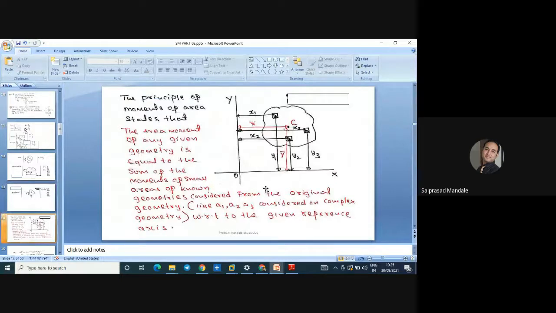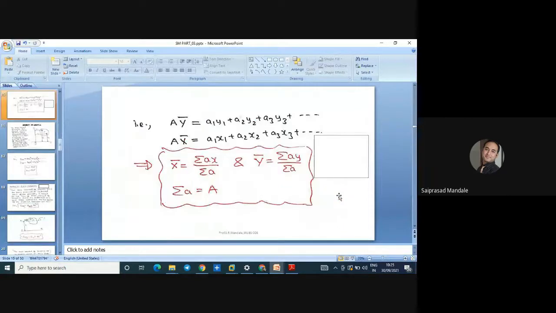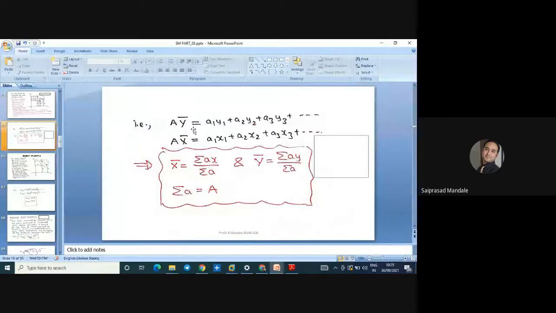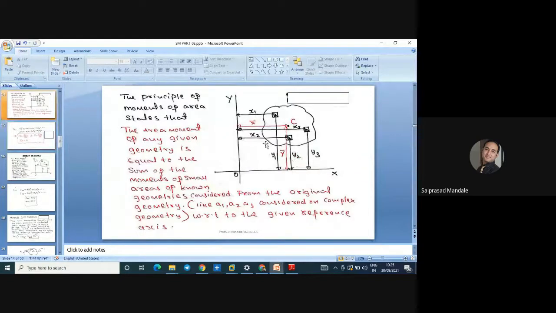Then the principle of superposition, principle of moment of area or moment of inertia. So this is called the first moment of area. This is also called the second moment of inertia. And it is nothing but what? A y bar is equal to A1 y1 plus A2 y2. This is the first moment of area. So what is A1 y1? See, these are the sections. Say, for example, that is a section. And the distance of that section is x1, second point x2, section x3. So for every point we have the two coordinates, x bar and y bar.